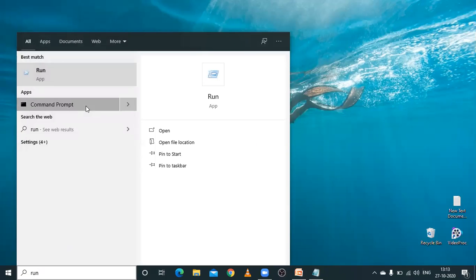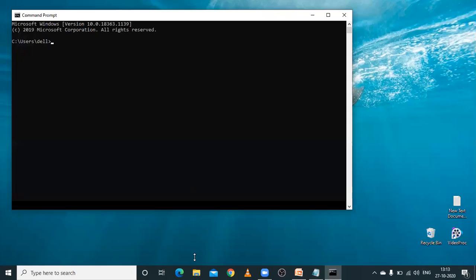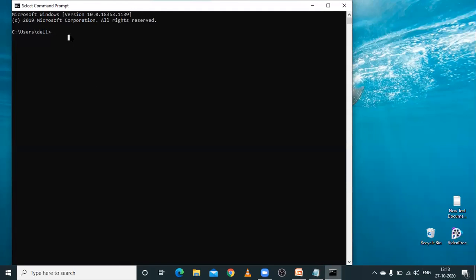We'll open the command prompt and go to the E drive, using CD. Then javac accept.java.